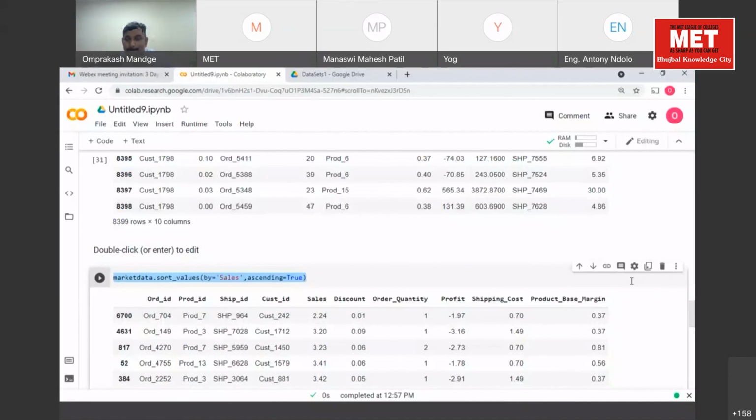At what time is tomorrow's session? You say you have 2 sessions. Yes, tomorrow we have 2 sessions. 11 to 1, and then in the afternoon or evening we'll have 1 more session. You tell us the time because we're in different time zones.